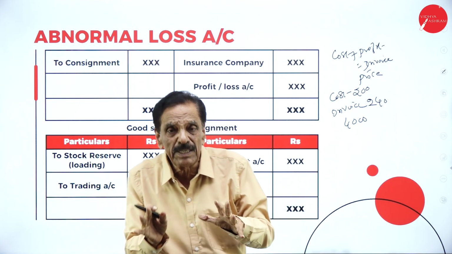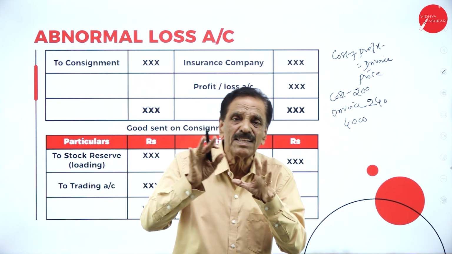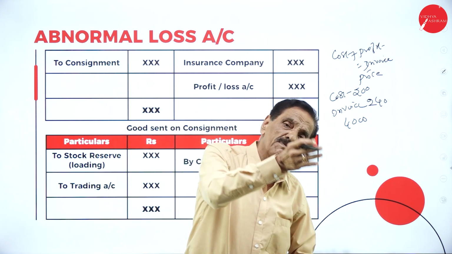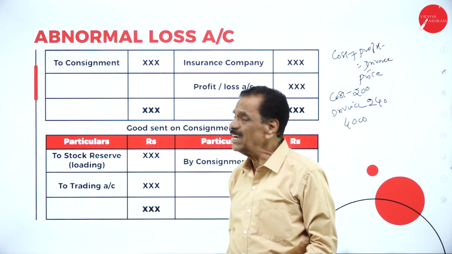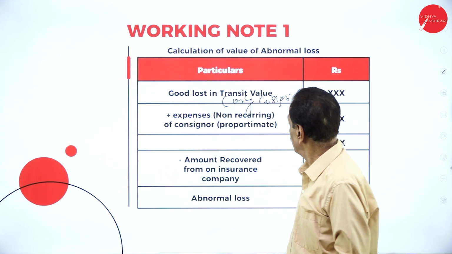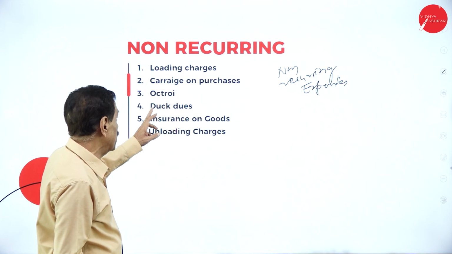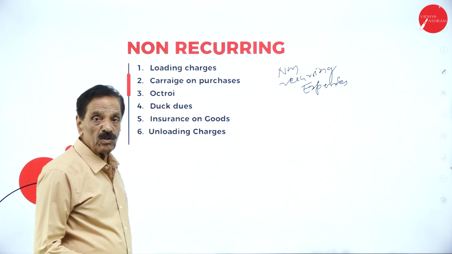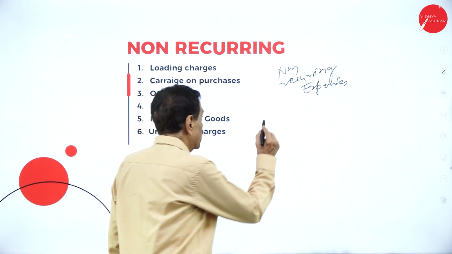So it is an agreement between the consignor and the consignee. The consignee will sell the article on behalf of the consignor. It is called consignment account. Then loading charges, carriage and purchase, outright, dock dues, insurance on goods, unloading charges. Regarding the commission,